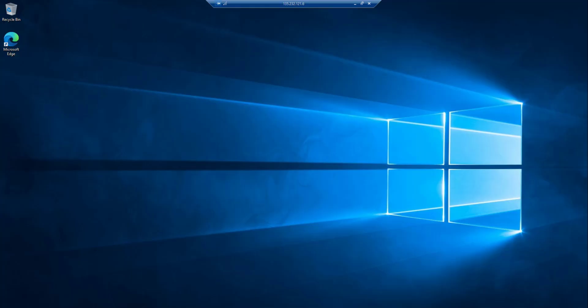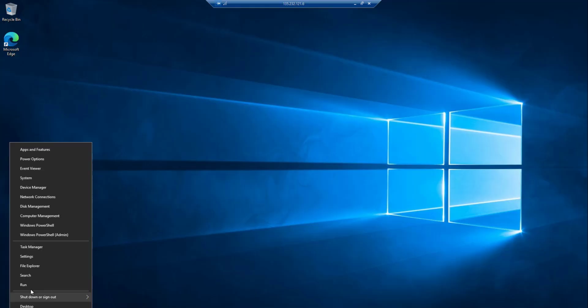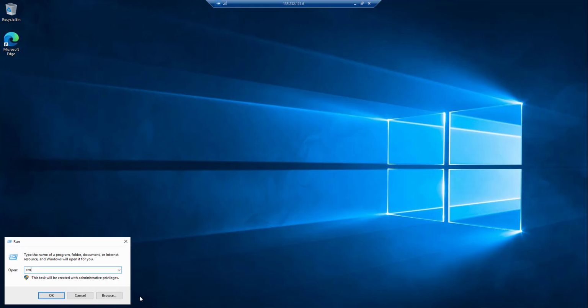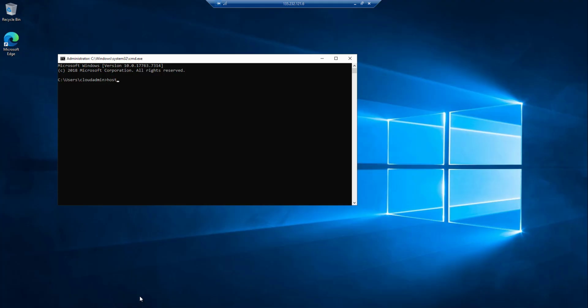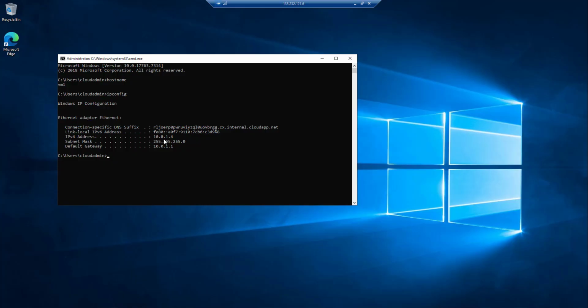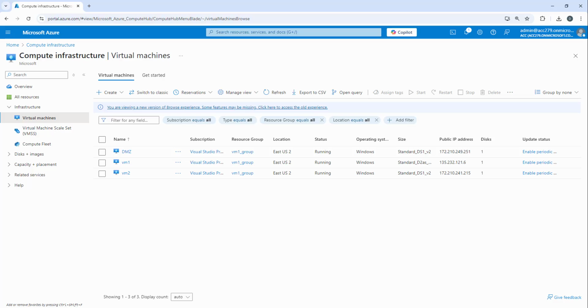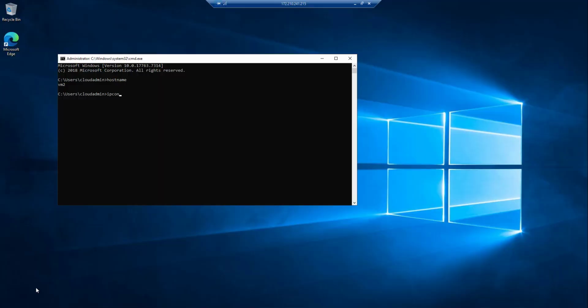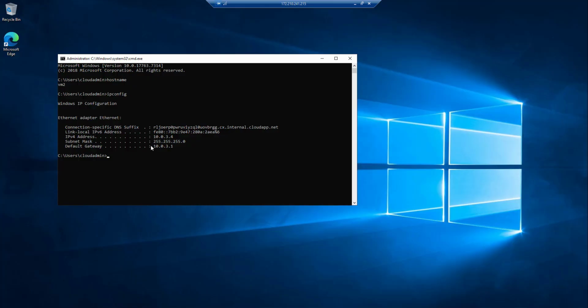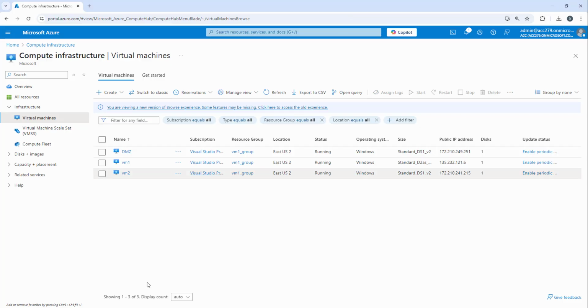So I'm logged into my virtual servers. Let me open the command prompt and type the hostname. So I'm connected to VM1 and the IP address of this virtual machine is 10.0.1.4. Let's connect to VM2 as well. Yes, that's VM2 and the IP address is 10.0.3.4. Let's go back to VM1